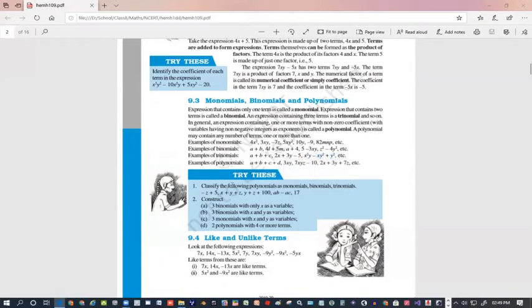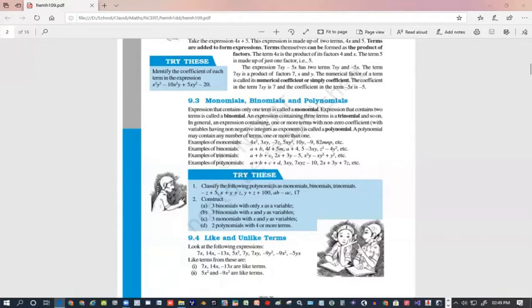And polynomial will have n number of terms. Any number of terms. It can be 1 term, it can be 2 terms, it can be 5 terms. It can hold many terms. In polynomial, 1 term is also given, so it can have 1 term also. We simply call it polynomial. It means 1 or more terms.